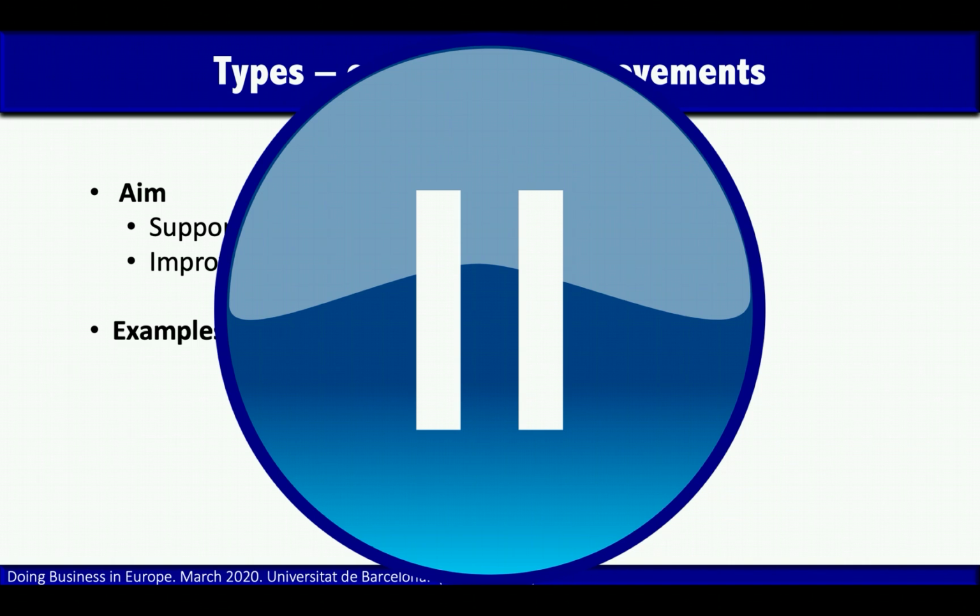And before you hit the pause button, again, to define it in a different way, these have to do with the types of actions that are in a way intrinsic to the firm. So basically, what can the firm do to improve its operations, or not even improve, to change the way it operates so that it improves other people's or its workers' or the environment's conditions, right? So it has to do with the kind of stuff that the firm is doing itself. So what can it do to change, to improve on the side?